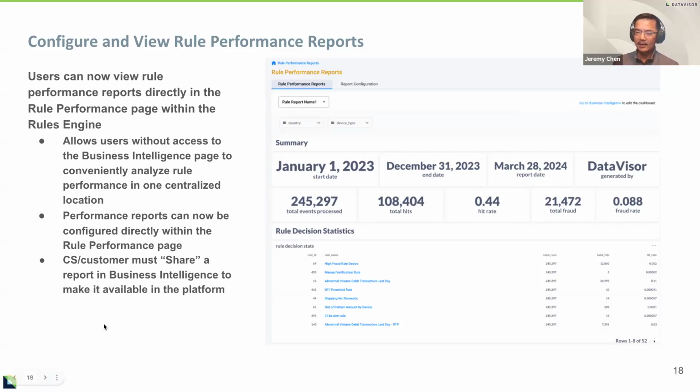Okay. One more thing. Once you view this report in the platform, because the reports are in the same platform as your rules engine, now you can easily navigate from the report to the specific rules, so that if you need to investigate a little bit more on these rules, you don't need to go to different tabs anymore. You can just click on the link of these rules, and that will take you to the actual rules page. Okay, so that's our